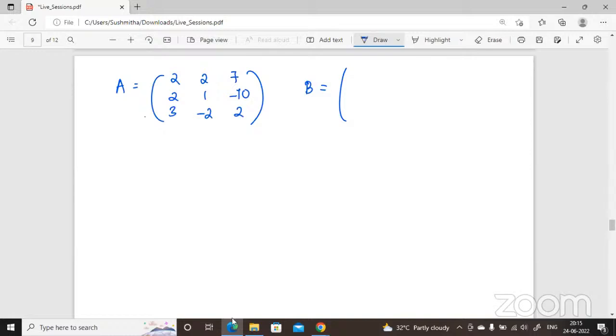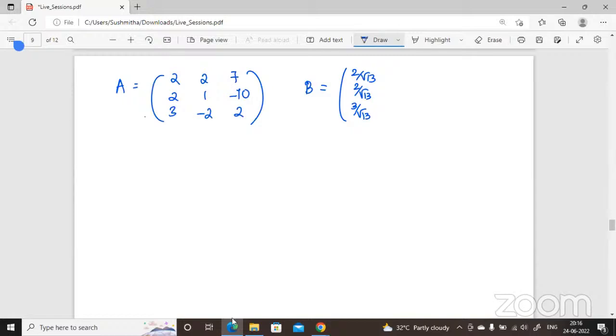You divide by the norm. You convert it into unit vectors, right? So that's going to be 2 by 4 plus 4 plus 9, root 13. Okay. 2 by root 13, 2 by root 13, 3 by root 13. And then